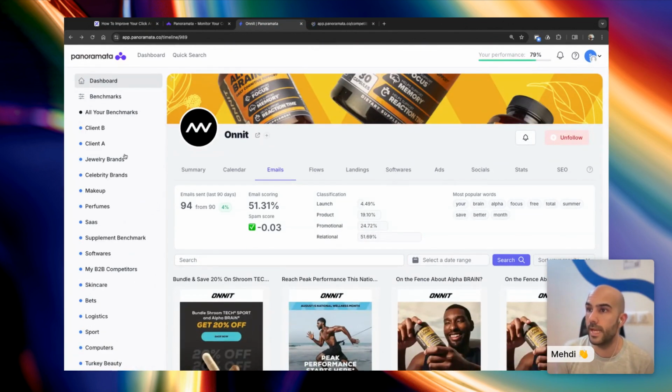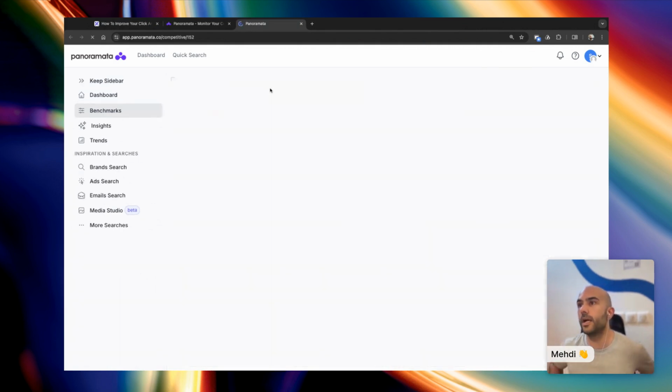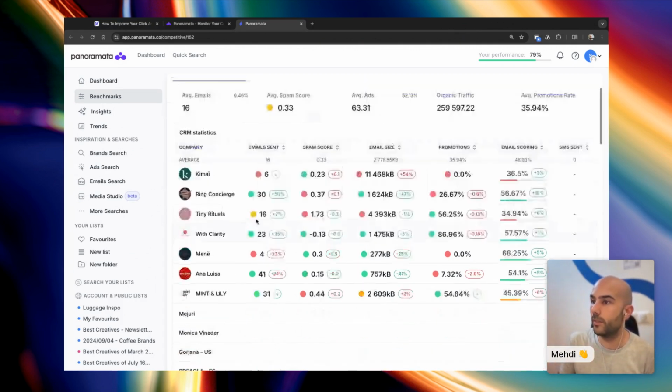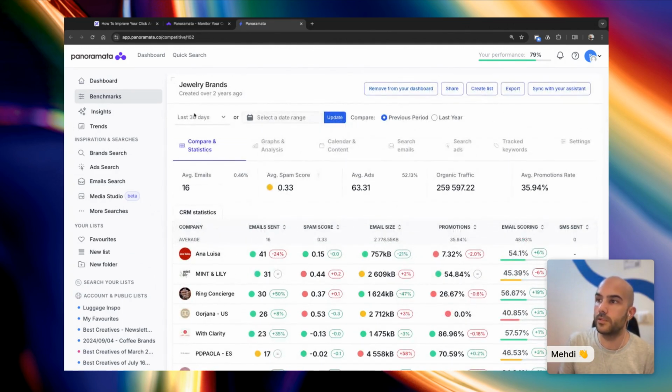You can get access, I'm going to take a jewelry brand here. You can access email marketing ideas on autopilot generated for you on Panoramata. You can also access reports. So this is a jewelry brand report. I have access for all of those companies, all the emails that they've sent during the last 30 days or any period of time really. And I can see right away